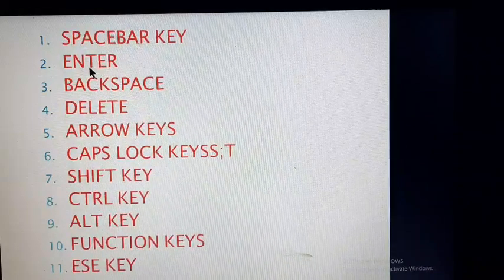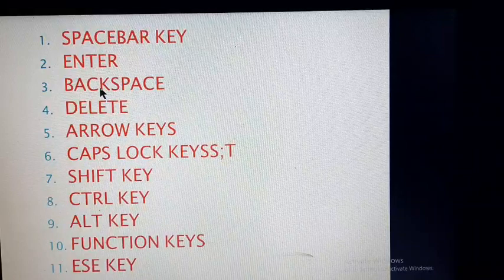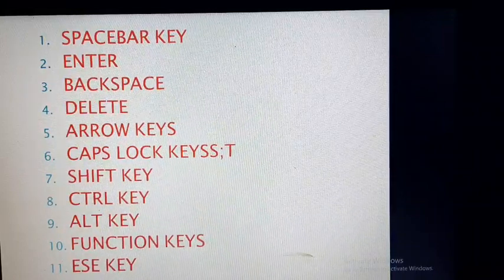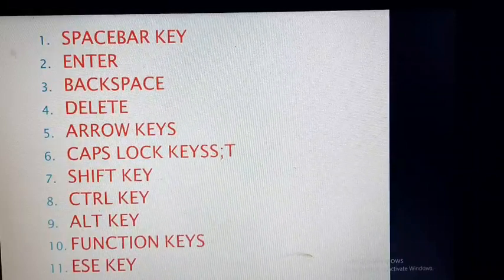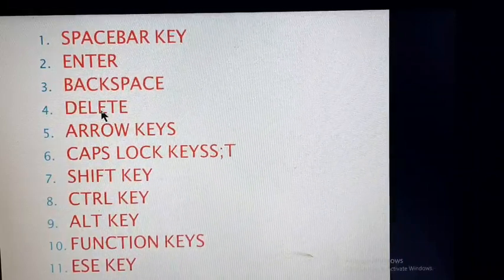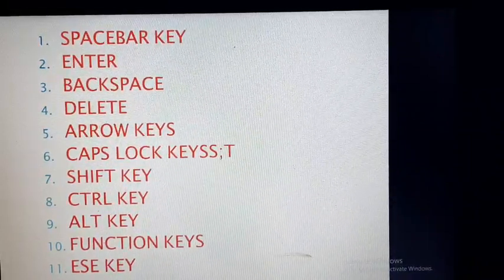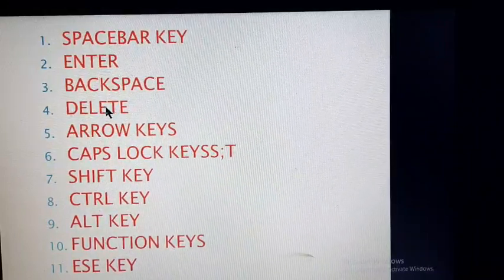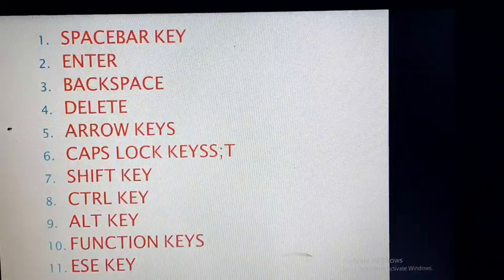Backspace is used to delete one character left of the cursor. Delete key is used to delete one character right. The delete key is also used to delete selected text and selected objects.